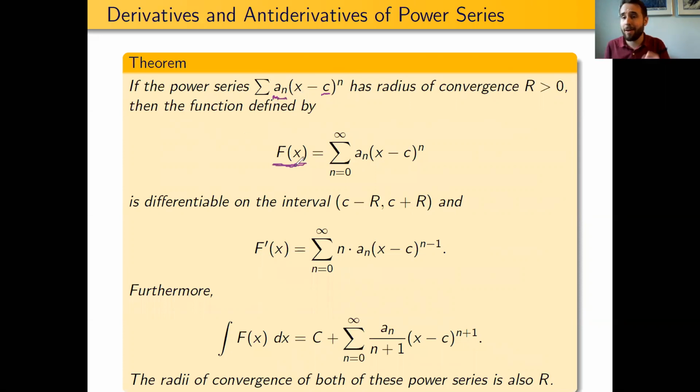When I talk about f of x, what I mean is the number that the series converges to when I plug in that given x value and evaluate the corresponding series. So if I'm looking at an x value within the radius of convergence, from c minus r out to c plus r,